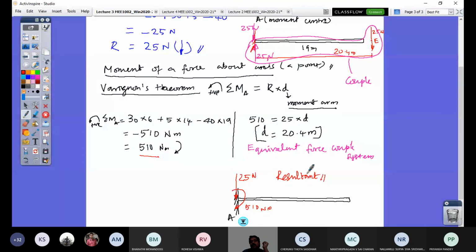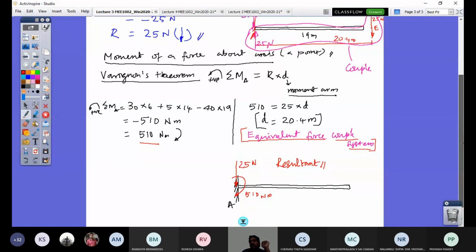And in this process, you have learned an important concept in mechanics called the equivalent force couple system. If you understand this, you would be able to do any problem, any system of forces playing around. Because we are going to look now not at the planar system of forces, but at forces which are spread in space, and we have to find their resultant. If we understand this concept, it is very convenient to replace a number of forces by a single force, right?